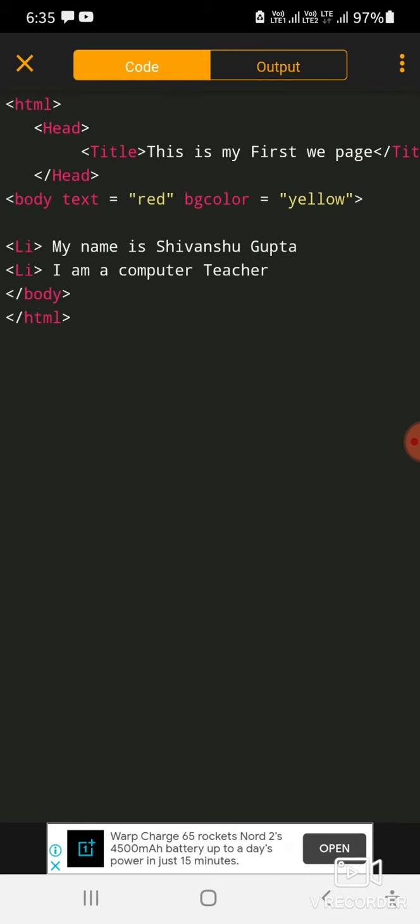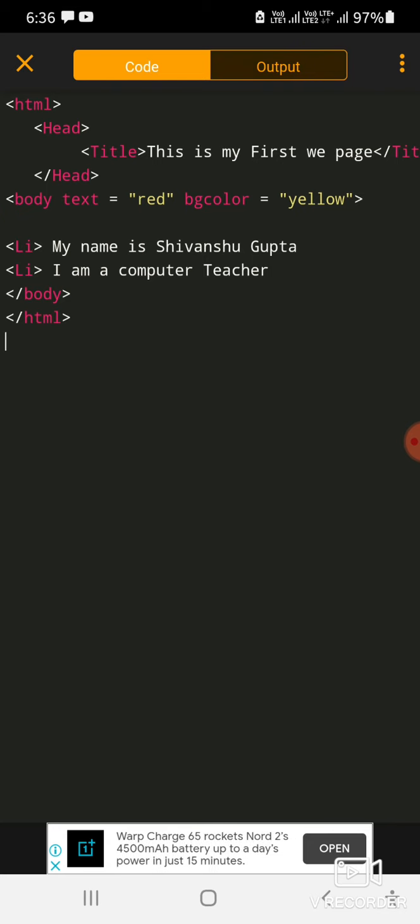Now we are going to a new tag, li. What is the meaning of li? Li means a list tag. When you want your content to be displayed point-wise, in a bullet form, meaning a solid dark disk form, we use the li tag. Here we are not closing the list tag, because it also works without closing. So without wasting time, we are going to run this code.